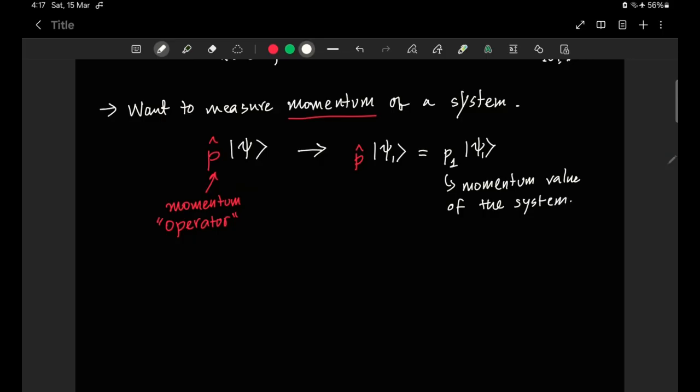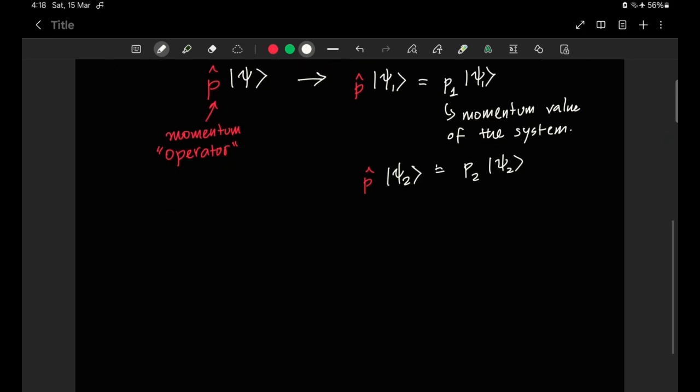All right. So if the electron is in psi 2, then we can do a similar thing. So we have psi 2, and we measure, or we ask it with the momentum operator, and this yields P2 of psi 2. As simple as that. However, it is not quite so simple already, because in quantum mechanics, we know by now